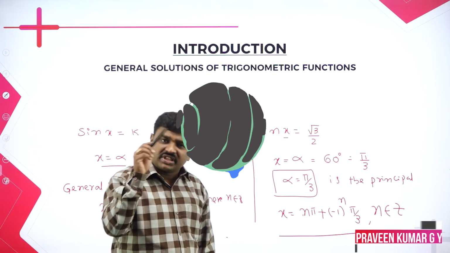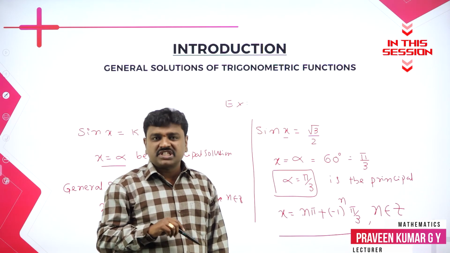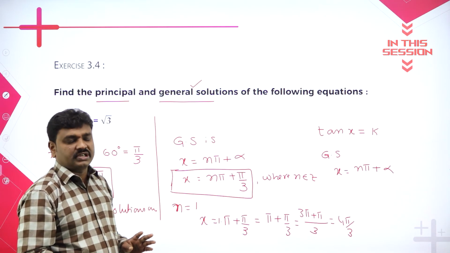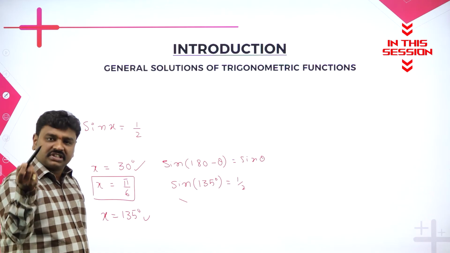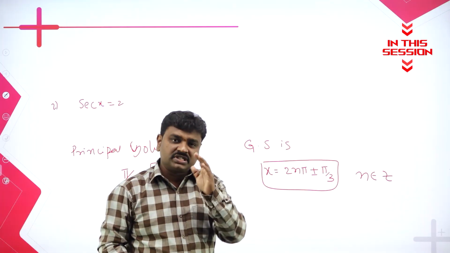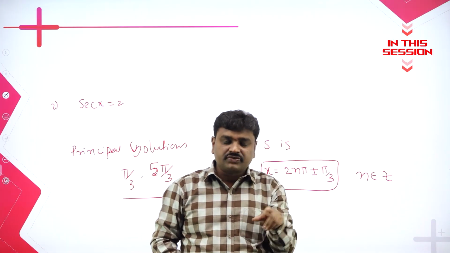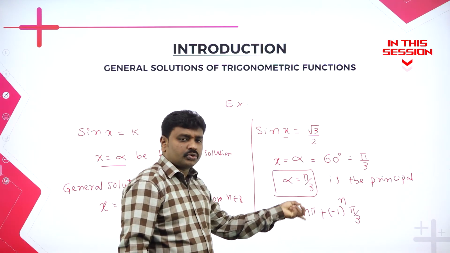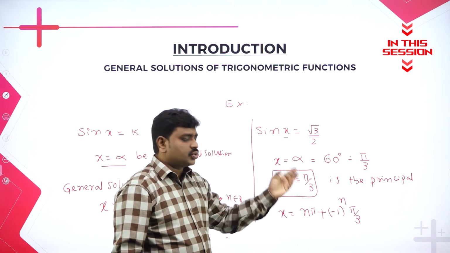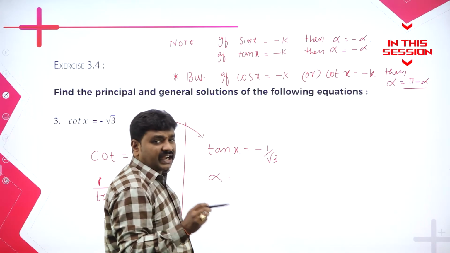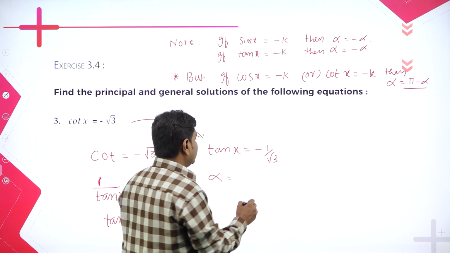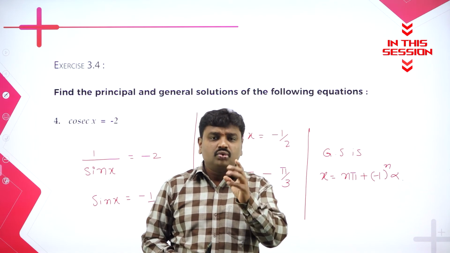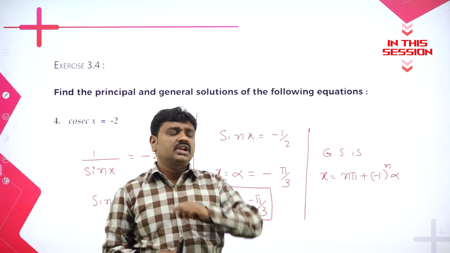The solutions which are within 360 degrees, we call them as principal values. In the place of n, if you put 1, you will get one of the principal solution. That's it. And sine of 360 plus theta is also sine theta. Solution which is lying within 360 degrees, means within first 4 quadrants, that solution we call it as what? You will get one solution. In the place of n, you put 2, you will get other solution. You will have infinite solution. N is what? Integer. In tan table, where you will get 1 by root 3 at 30 degrees. For sin x is equal to constant, general solution is x is equal to n pi plus minus 1 whole power n alpha.